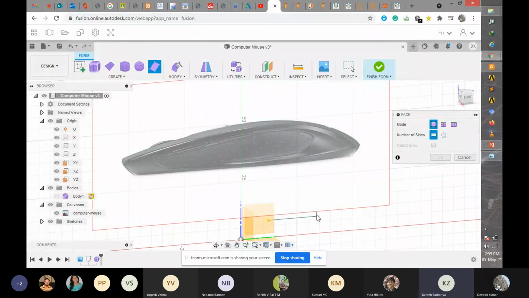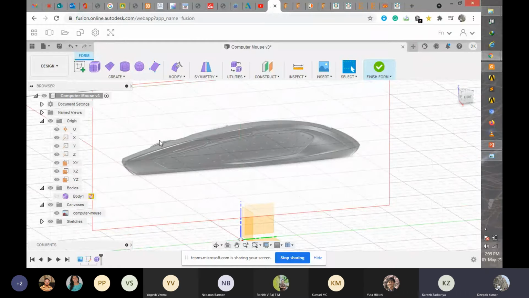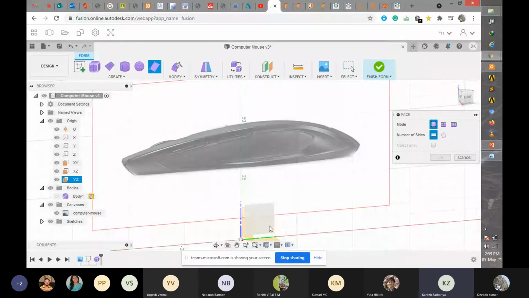No, click it. I can't request control here. Click on that, wherever you want. No, with faces clicked. Now you click the first edge of the surface that you pointed out you wanted.